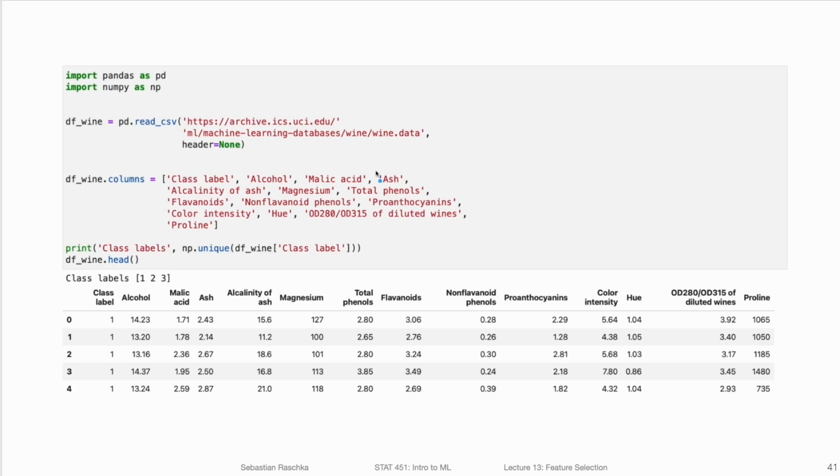So let's go now to a more interesting example and talk about random forests. And for that, we will be looking at a wine dataset that I already introduced in the previous video. So in particular, the wine dataset has 13 different feature labels: the alcohol content, malic acid, ash, alkalinity of ash, magnesium, total amount of phenols, flavonoids, and so forth and so forth. So we have many features here.